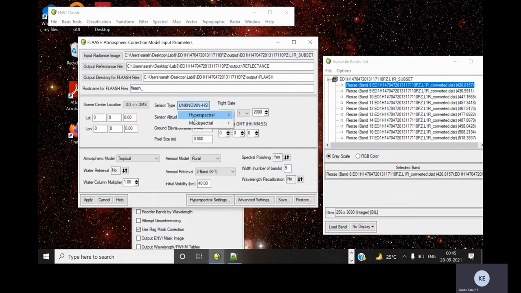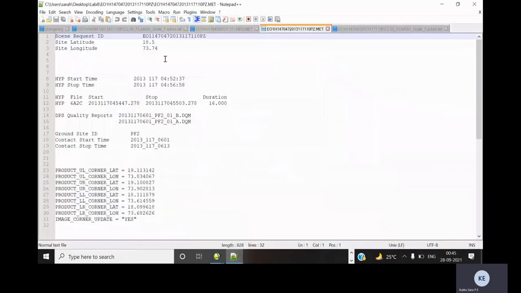First we will select the sensor type, that is under hyperspectral. You can see Hyperion. Select that and give the lat long information in decimal. So latitude is 18.5 and longitude is 73.74.